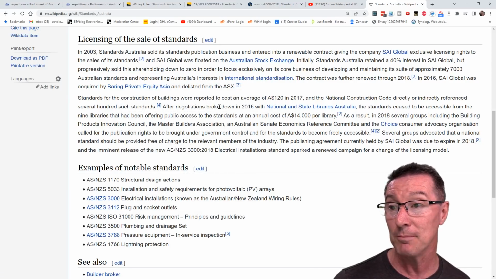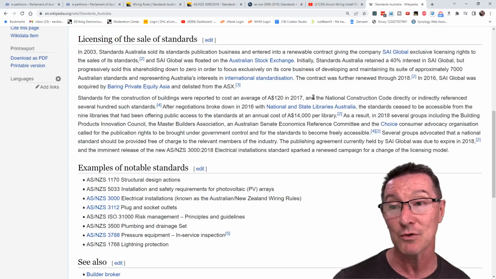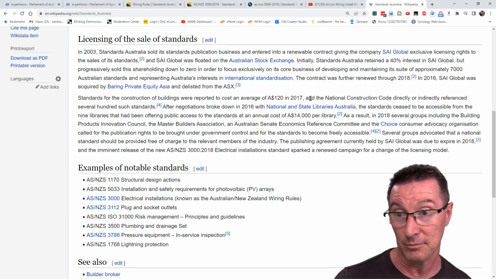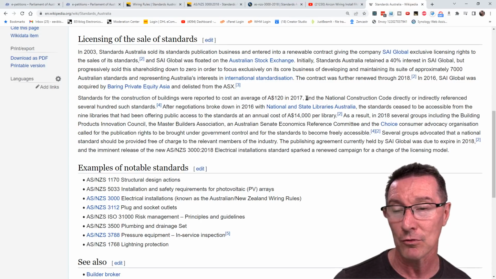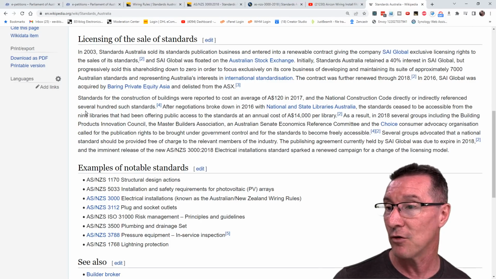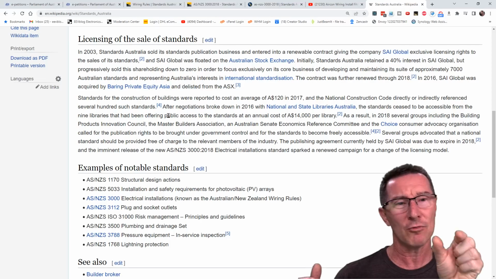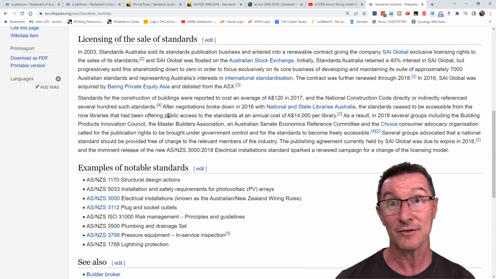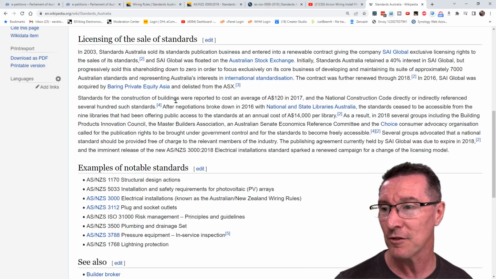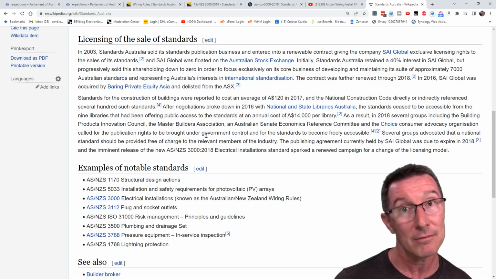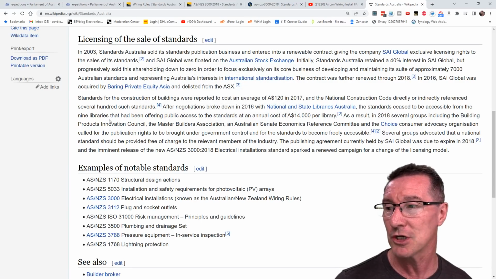Standards for the construction of buildings were reported to cost an average of $120. That sounds cheap compared to the wiring rules one. And the National Construction Code directly or indirectly references several hundred such standards. Obviously, you have to pay if you get a physical copy of it, right? You know, the wiring standards, I think, is, I don't know how many pages, but it's very thick, right? So I'm not saying get the paper copy for free, but geez. Anyway,